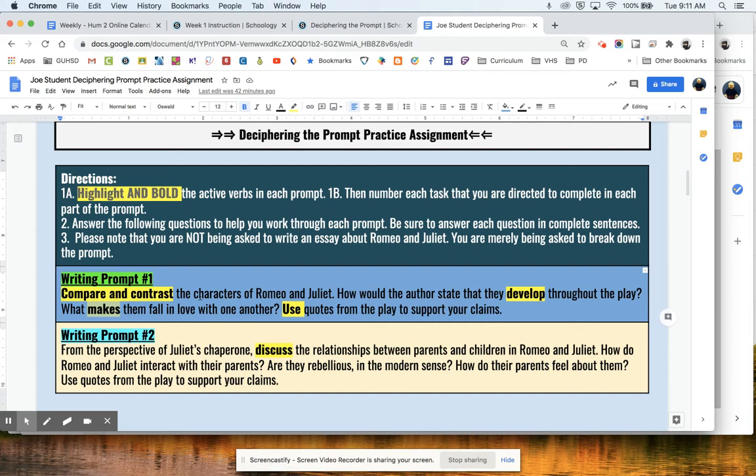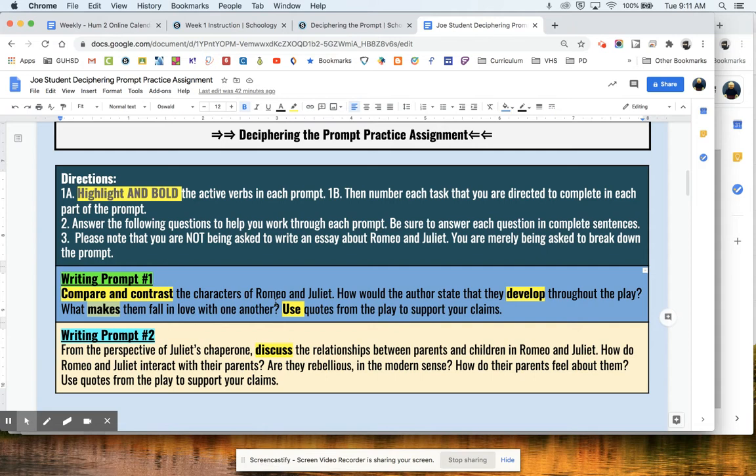So really, I would say that with this essay, you would want to discuss the dynamic of Romeo and Juliet as far as maybe one is more optimistic and one is more pessimistic, one is more naive, where the other one may be more worldly and experienced. And what is it about the two that draws them together? But again, this is probably not going to be a really interesting essay to write.